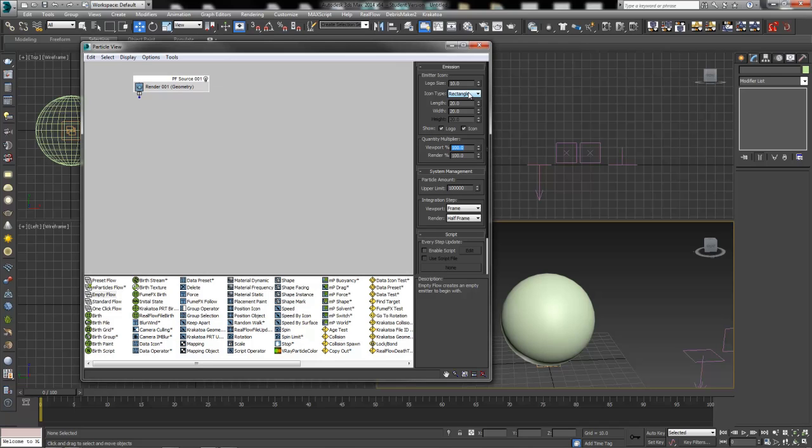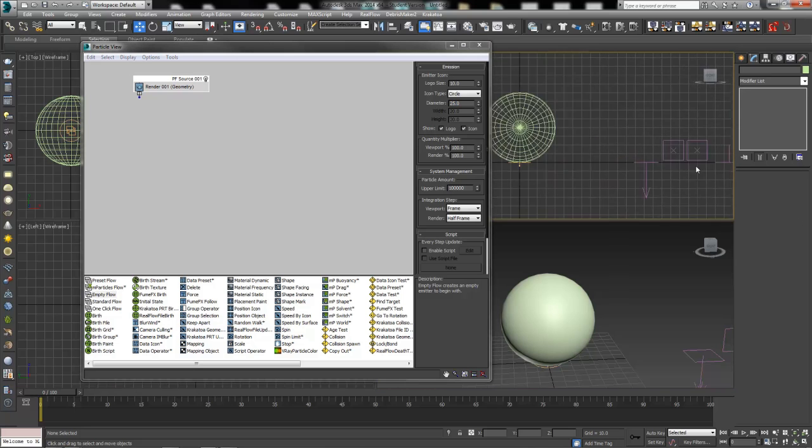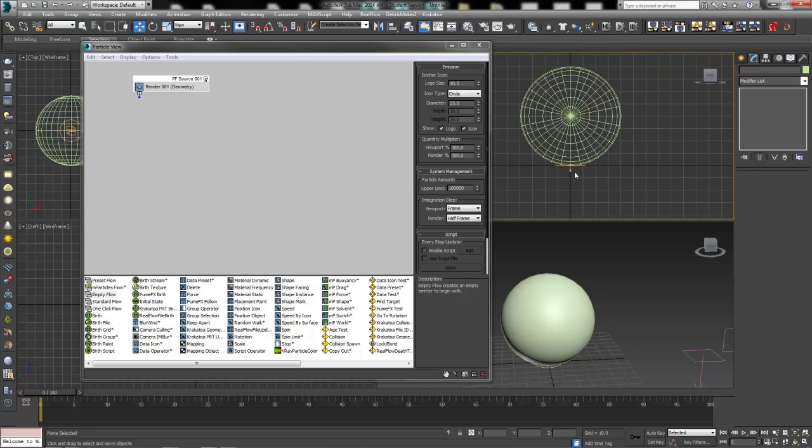And we're going to change the icon type here to something that matches our model a little bit more, like circular, which is pretty good for candles and spheres and anything else that's got a round shape to it. So we're going to change the icon type to circle, and we'll give it a diameter. What did I make the sphere? About 40, so we'll give it something smaller. It's about 25 there. Okay, our icon has shown up now right underneath our sphere at 0, 0.